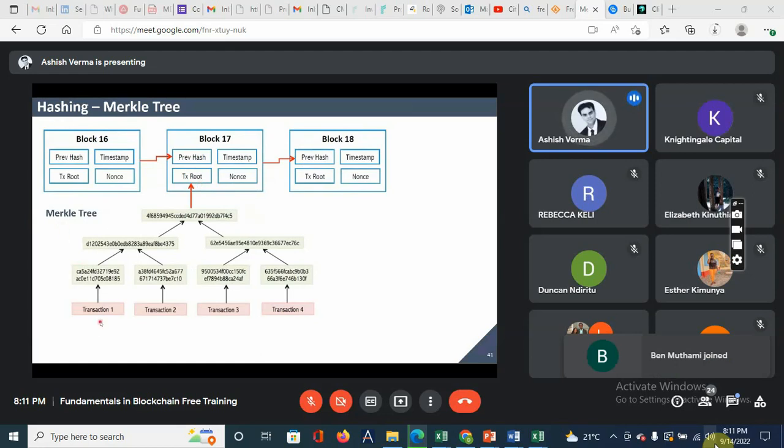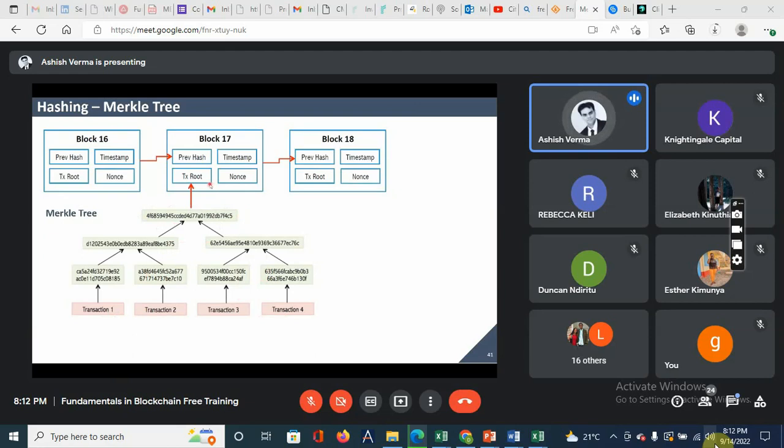So let's say on Bitcoin, there are 4 transactions. So 4 different people have transferred money to 4 different addresses. How is the hash calculated? We put it in the Merkle tree, and there are 4 transactions. A hash will be calculated for each transaction under SHA-256. Then a pair will be taken and another hash will be calculated, and the same will be done for the other two transactions. And again, there is one more step to hash these two hashes which have been created, and the final hash is this, which is known as the transaction root, or we also call it the Merkle root.